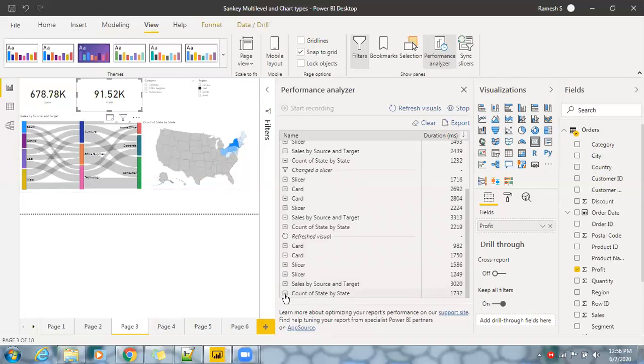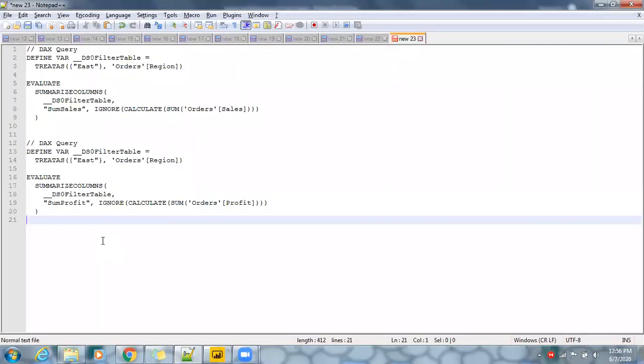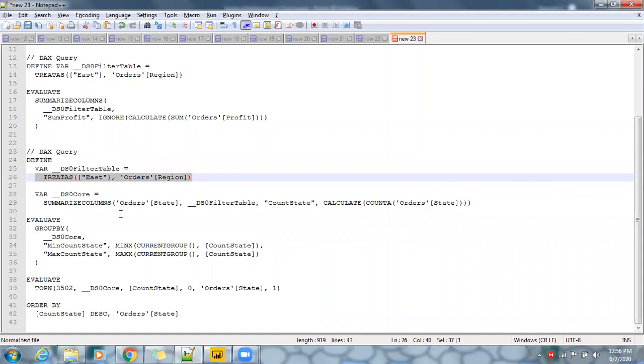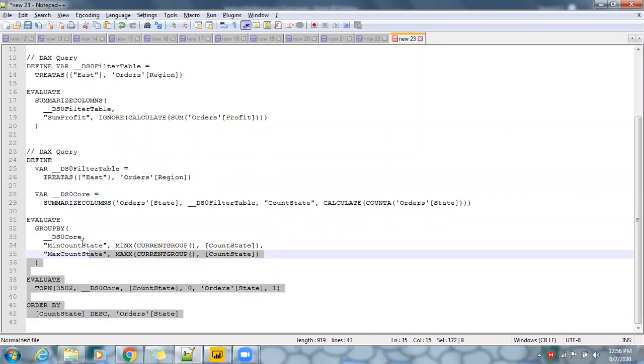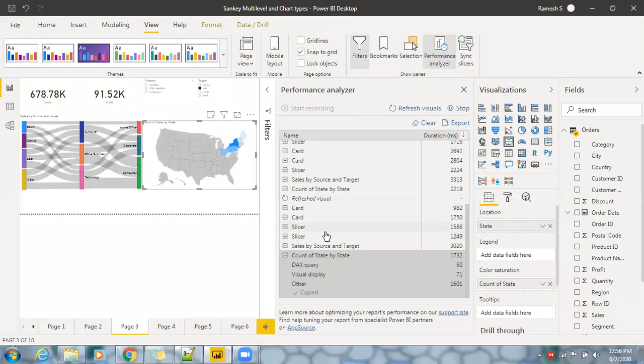Click on this particular visualization, copy the query, and let's understand this information. We are tracking each region's information here, and you have some sample DAX query. Got it, right? So this is what we can track by making use of Performance Analyzer.